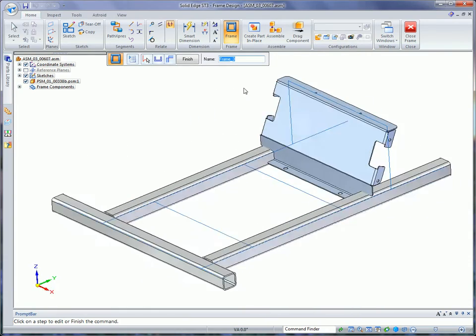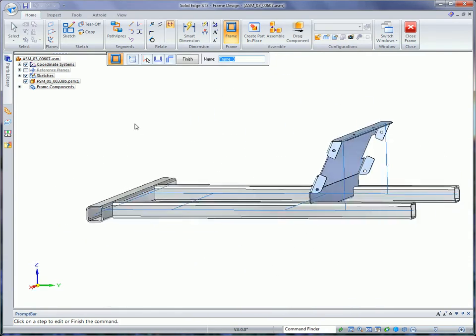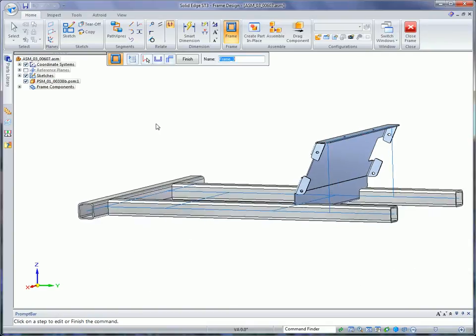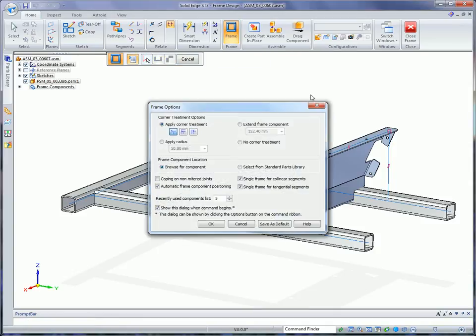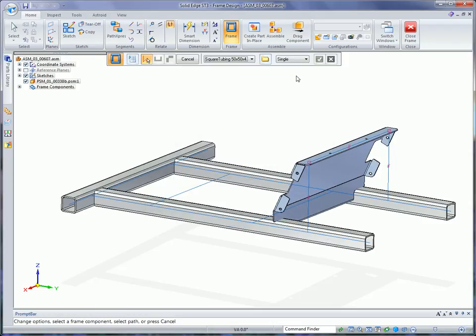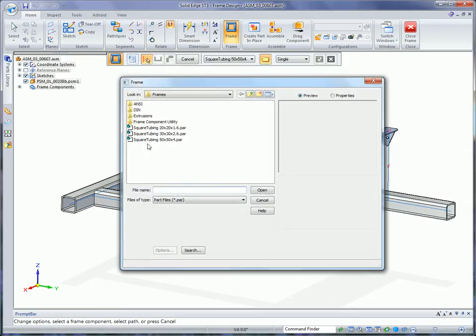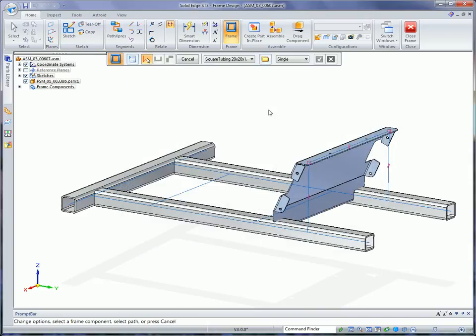Now when we're done with that, obviously there's options to move those frames around if they're not located in the right place, or if we want to make any kind of adjustments, but we'll look at those options in a minute. What I'm going to do is place another piece of frame, and in this case we're going to use the butt 2 option, to get a better idea what that does. And we're also going to use a 20 by 20 piece of frame, a little bit smaller piece of frame,